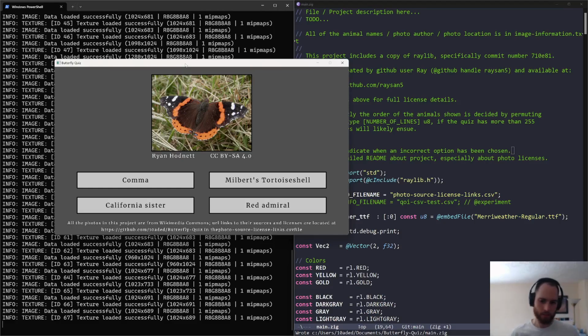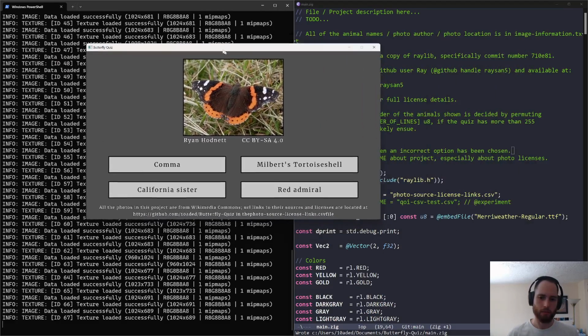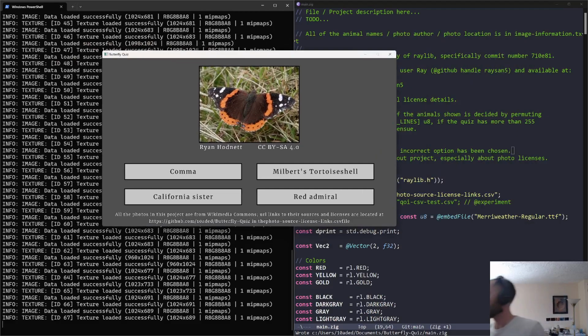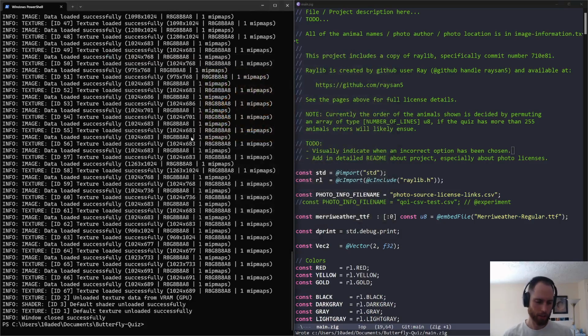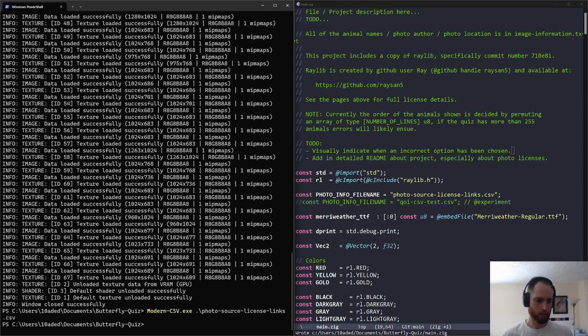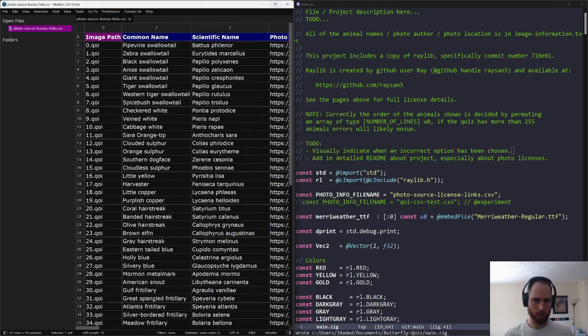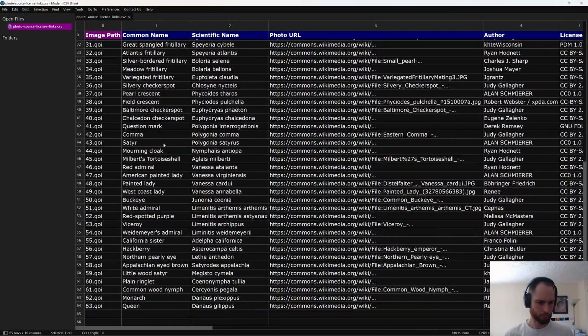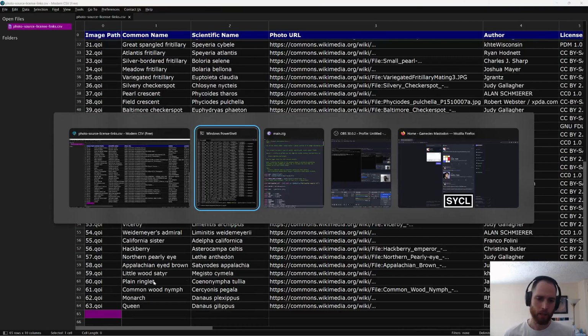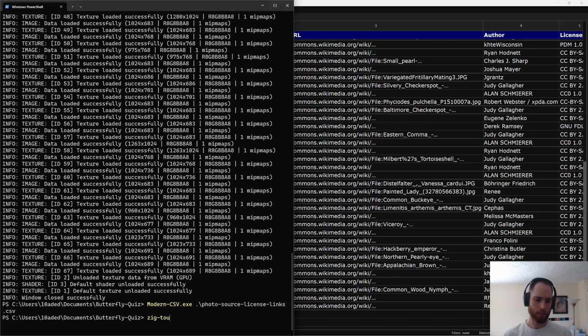Okay, so I think today will hopefully be the last or second last session working on this app. The main thing to do is to finish adding in the photos from this book. There's around 80 photos, and we've done a lot so far, but still a couple to go. In particular, let's see, modern CSV, photo source license links. We have around 20 more to add. And then once we've done that,